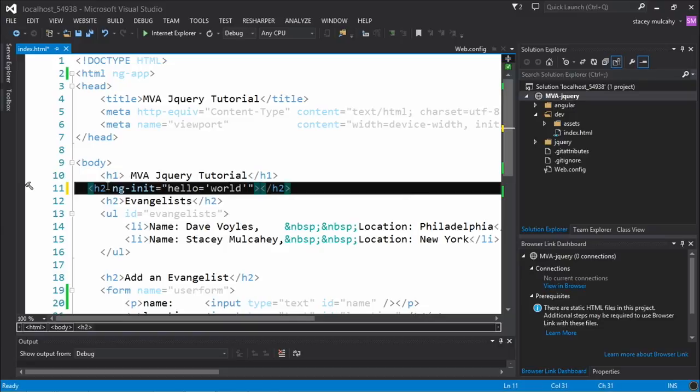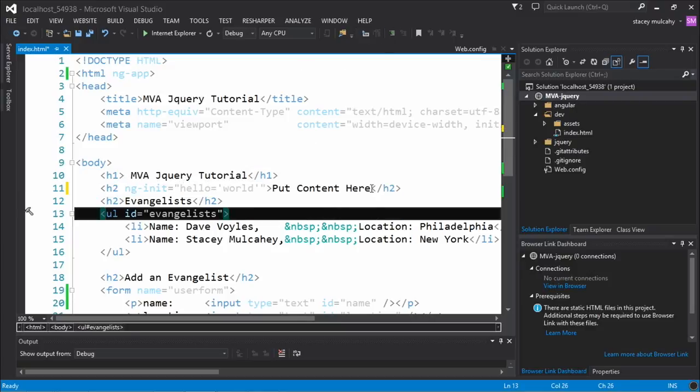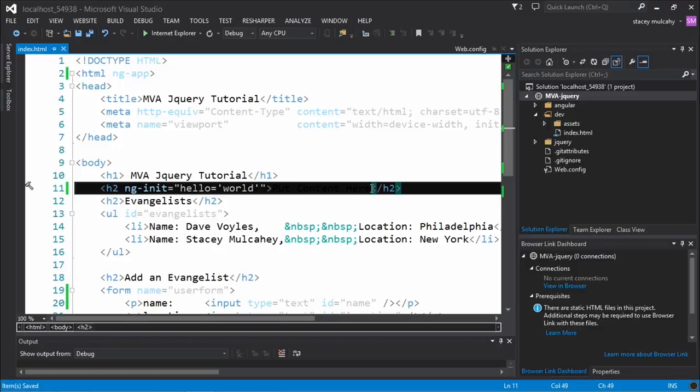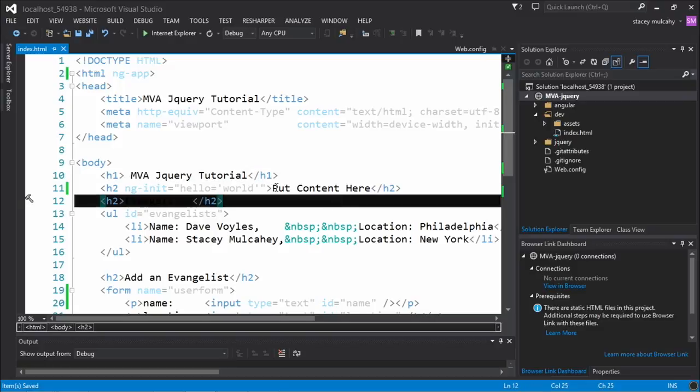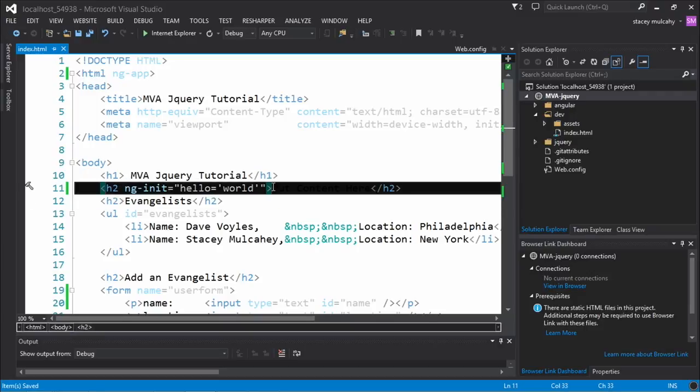Put content here. Okay, so this isn't going to do much, but ng-init allows you to instantiate a variable. I called it hello, and it is equal to world. Really, really original there, right? But if I want to bind it, what I should do is, where my content is, and let's say I want to replace the content there, or maybe I want to do it here, it doesn't really matter where,